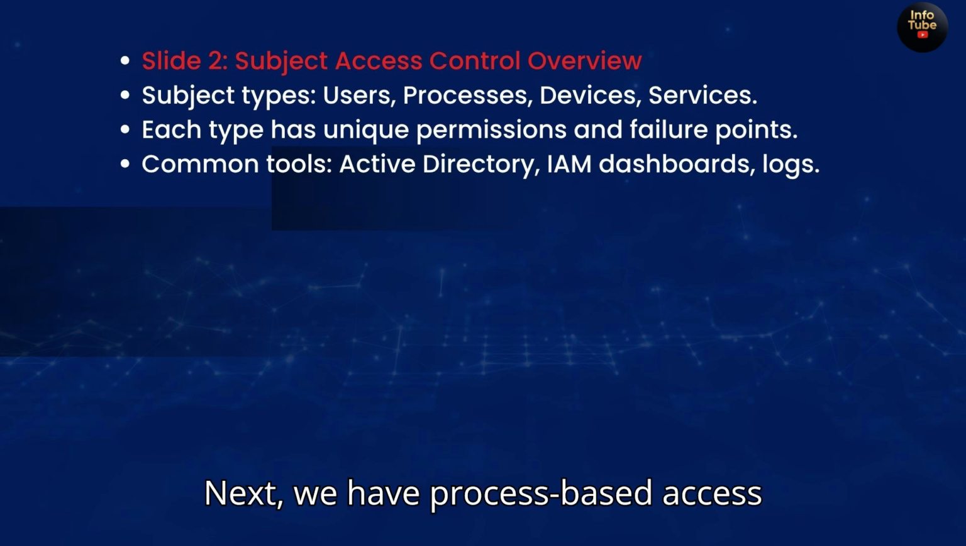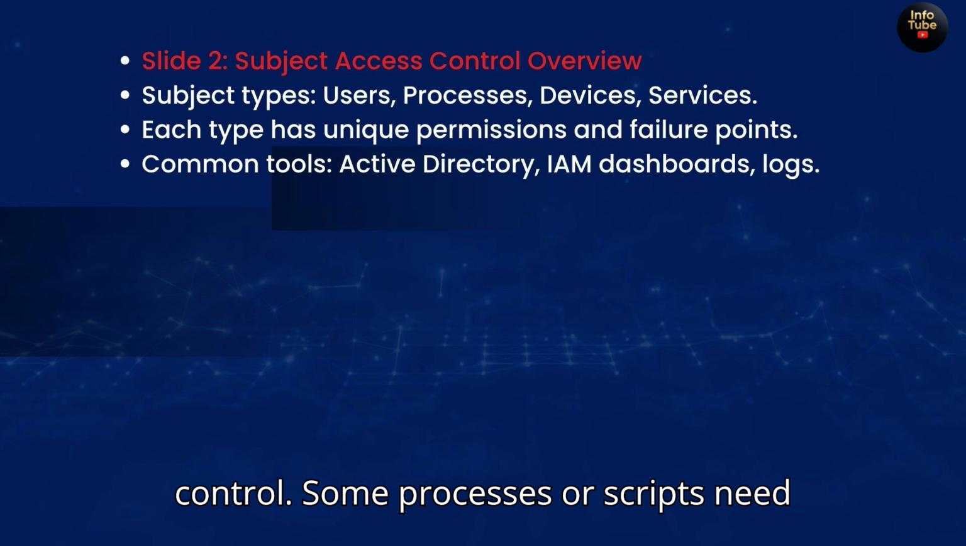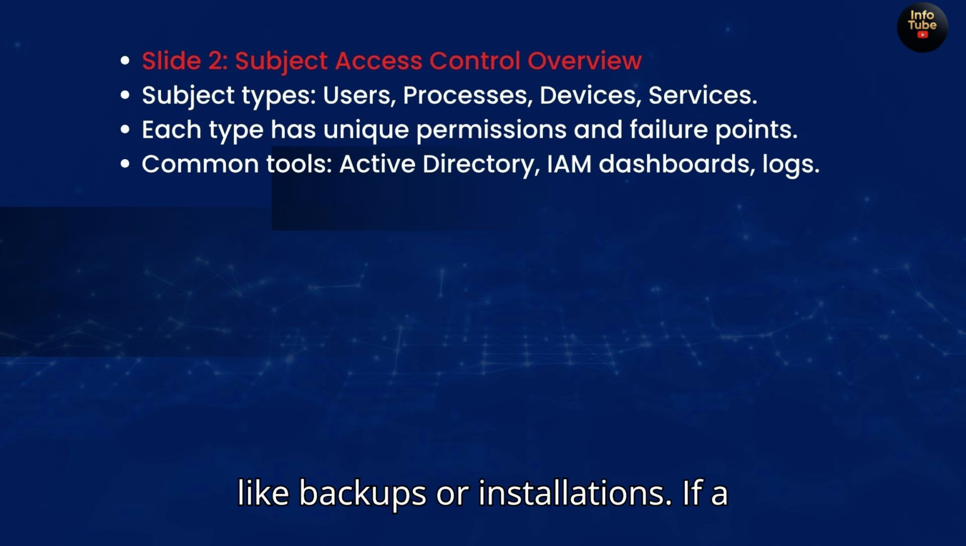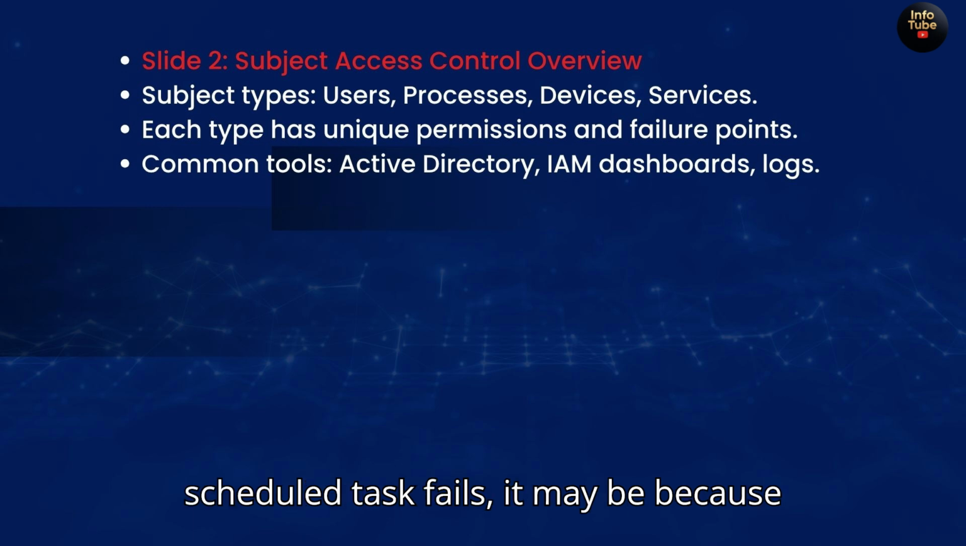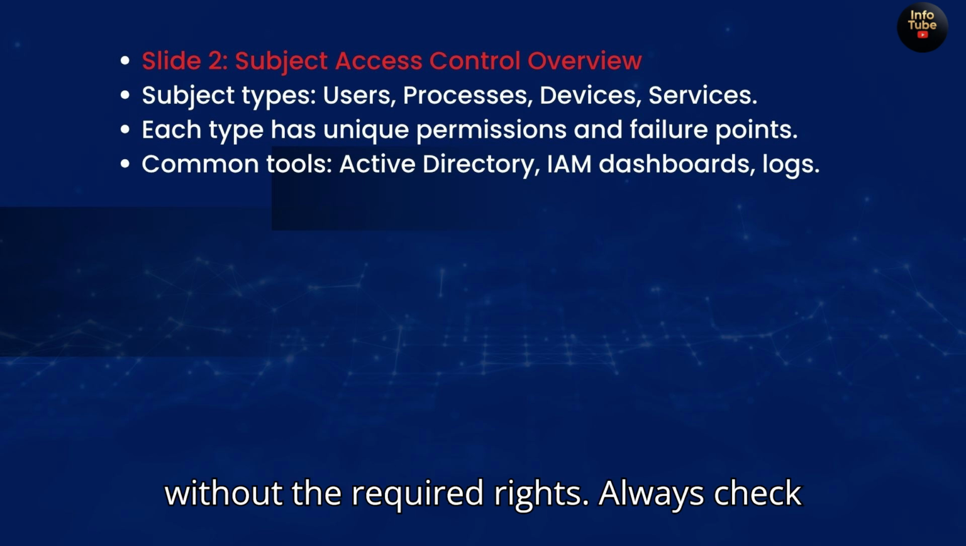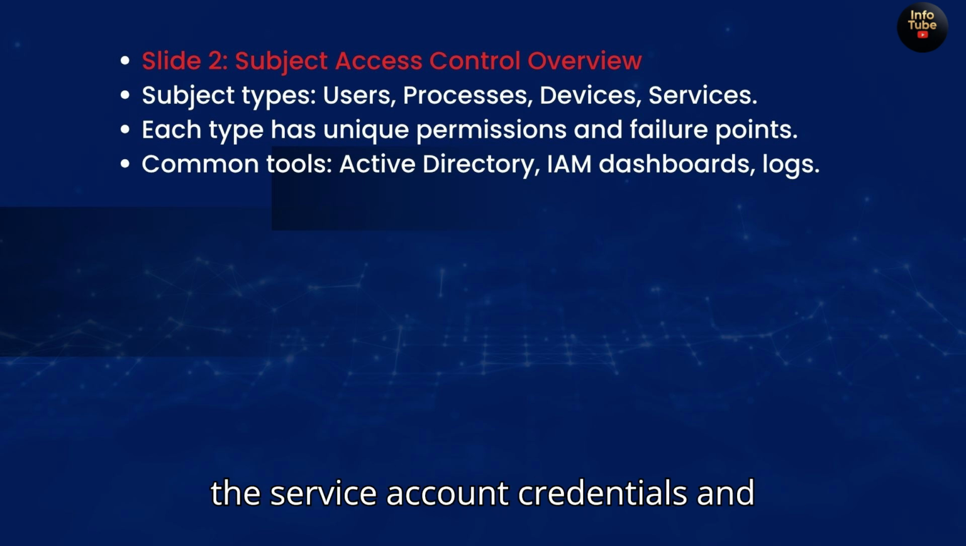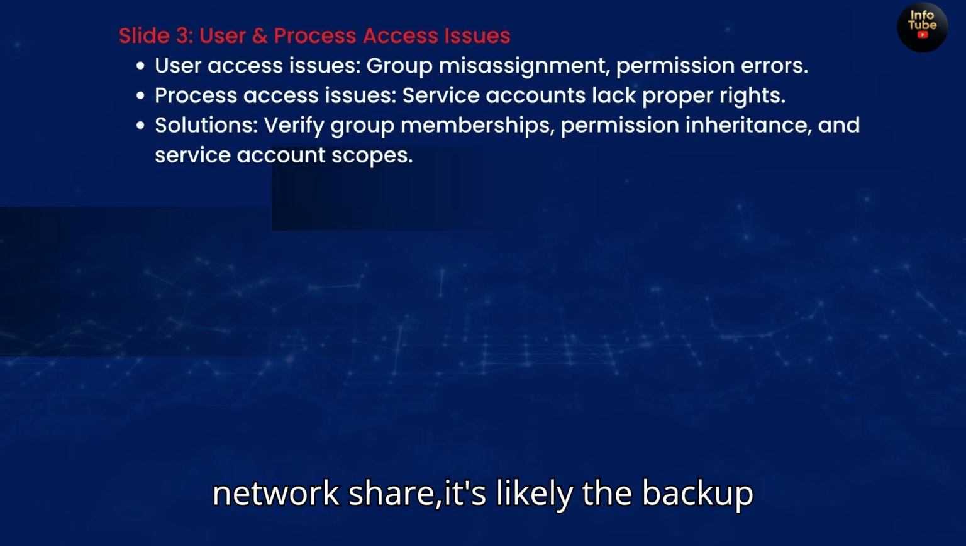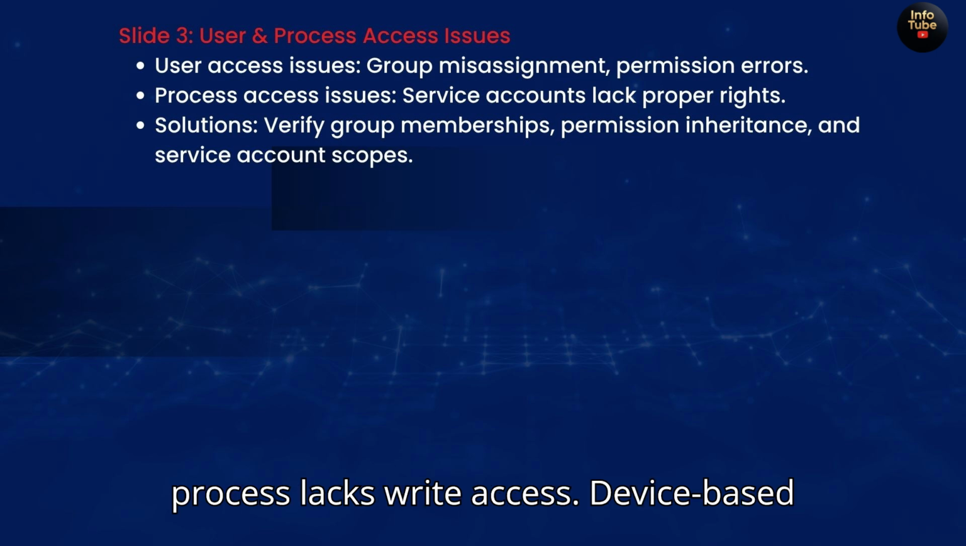Next, we have process-based access control. Some processes or scripts need elevated permissions to execute tasks, like backups or installations. If a scheduled task fails, it may be because the process is running under an account without the required rights. Always check the service account credentials and permissions. For example, if a nightly backup fails to write to a network share, it's likely the backup process lacks write